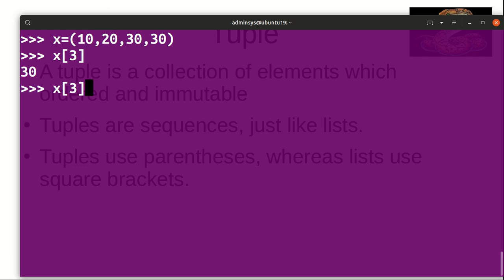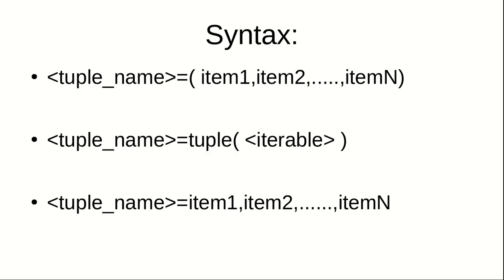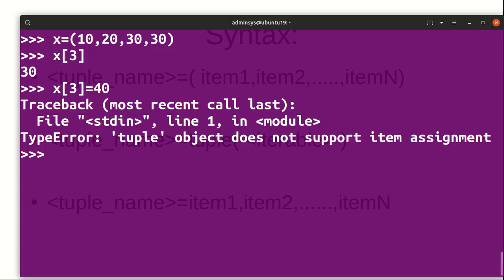If I want to modify this to 40, it returns an error: tuple object does not support item assignment. So this is one thing you need to know about tuples, whereas in a list the values can be modified. So this is about tuples and slicing through tuples.